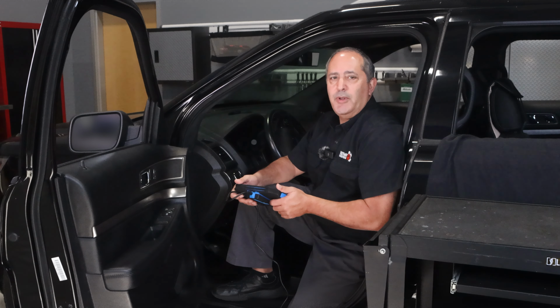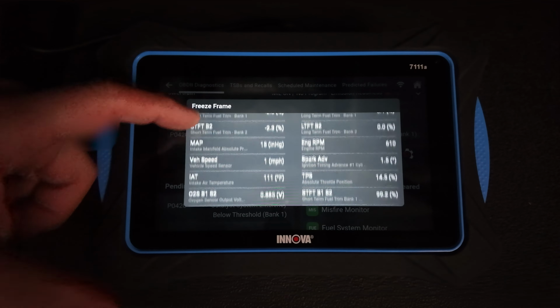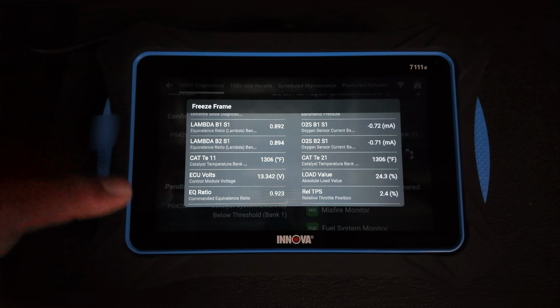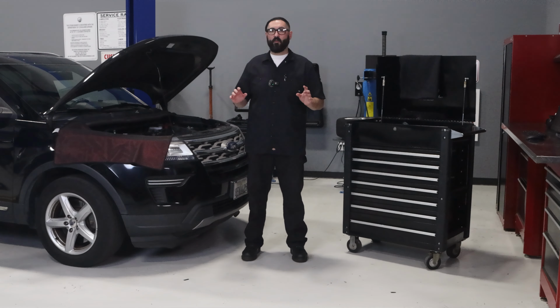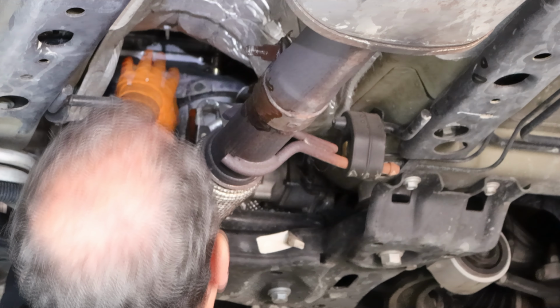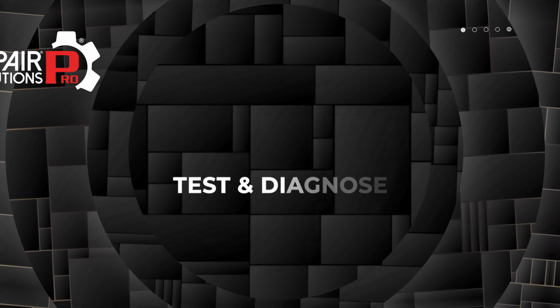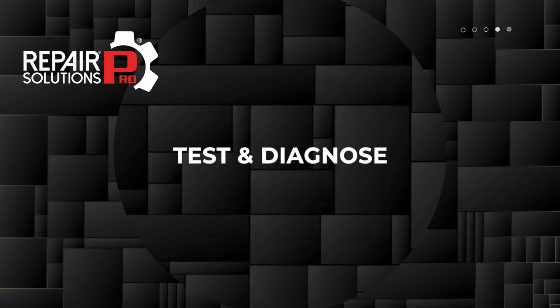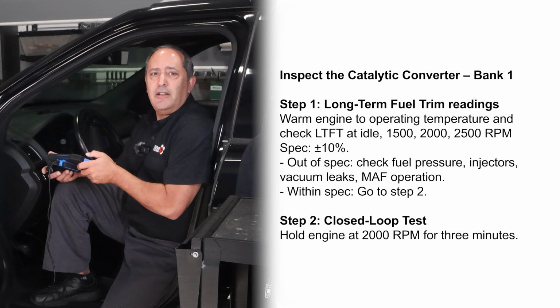Next, look at the freeze frame data. These details will recreate and help you understand what was going on when the DTC was set. Then, review the service history and check for any related TSPs. With code P0420, the main cause is usually a faulty catalytic converter, but we can't just start swapping parts out. Exactly. First, we need to run a few tests to inspect the catalytic converter on Bank 1 to determine exactly